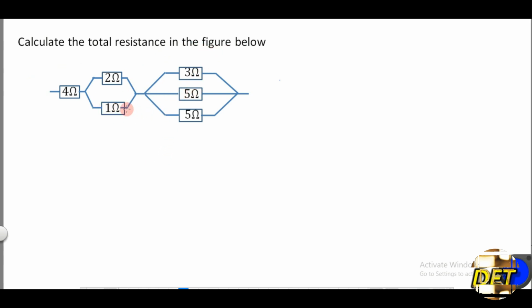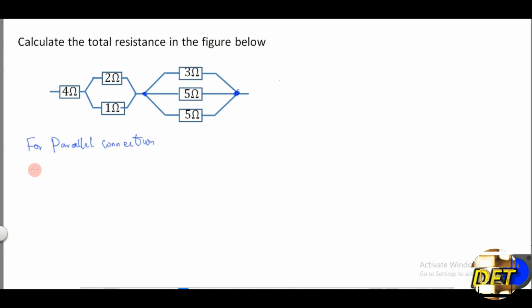So the first thing that you want to do when looking at this diagram is to resolve the resistance here, right? I have 3 ohms here, I have 5 ohms here, and I have 5 ohms here. They are connected in parallel. What that means is that they are connected to a common terminal, right? So I will have to resolve this parallel connection first. So for parallel connection,